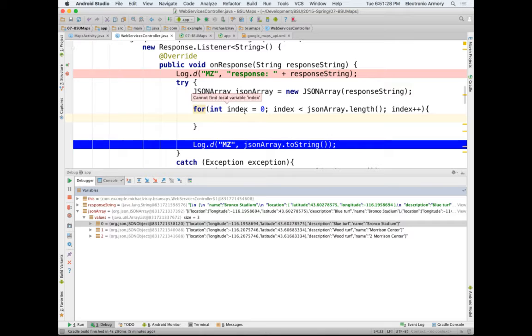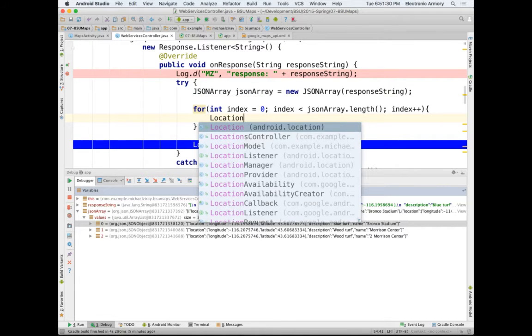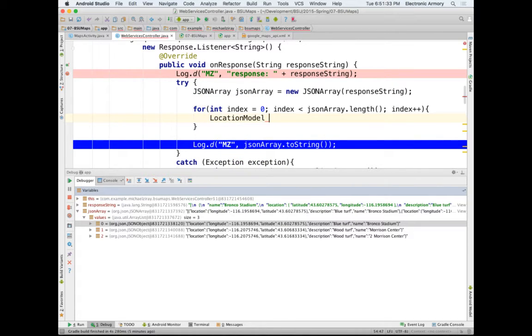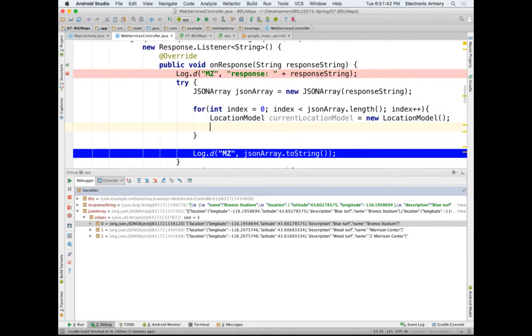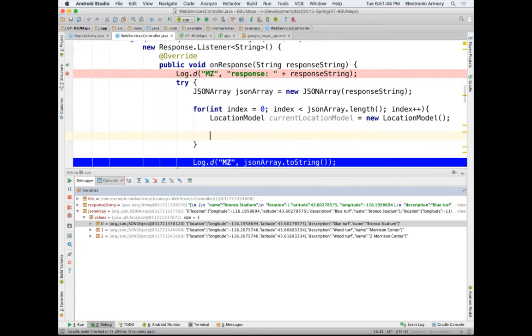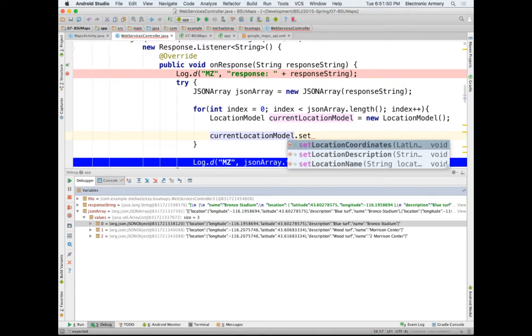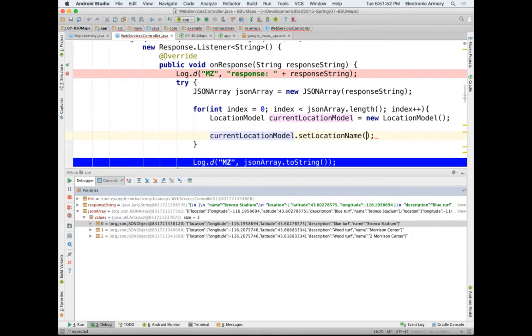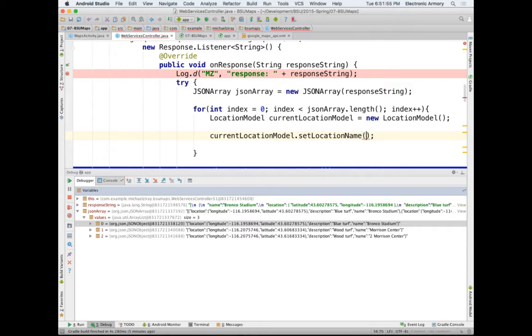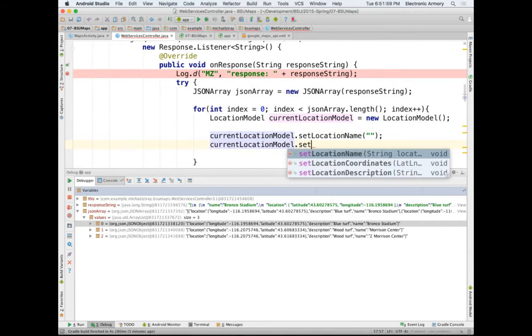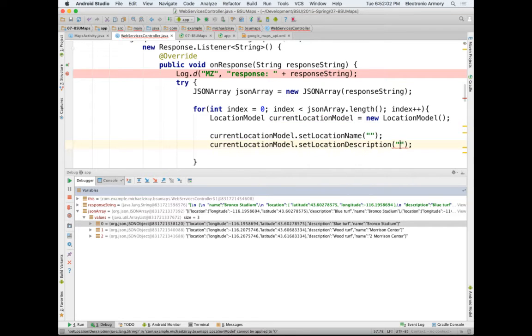And so what I want to do is create a location model called current location model equal to new location model. The constructor is just going to be blank. Then for all my setters, so current location model set, and then location coordinate description name, I'm going to start out with a name. Let me just fill it in with a string so I don't get errors. Current location model set description, empty string,